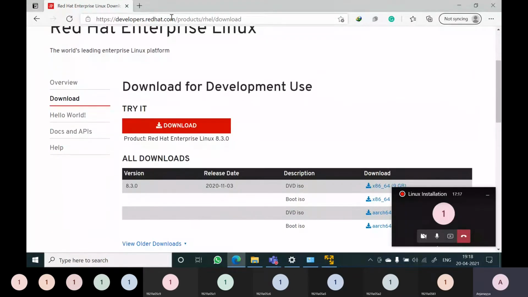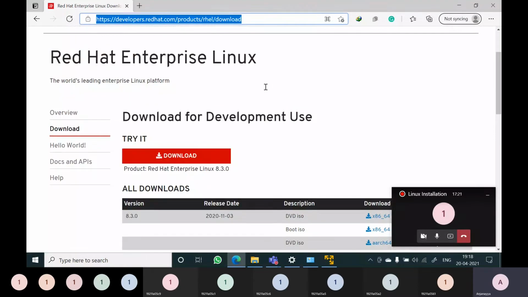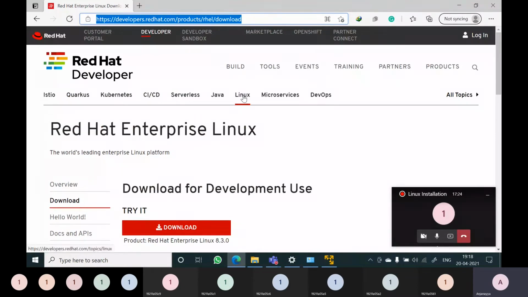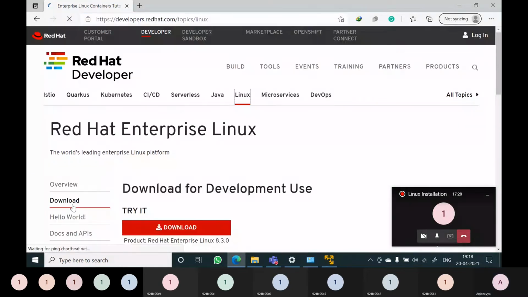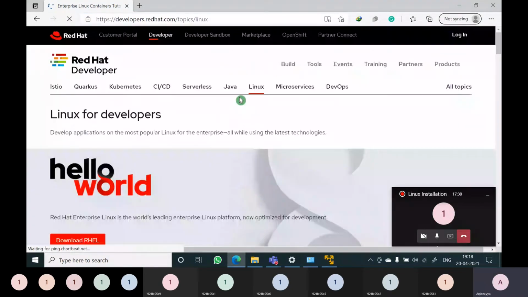Where do you have to go? developer.redhat.com, and under that go to Linux. In this Linux section, download RHEL, Red Hat Enterprise Linux.